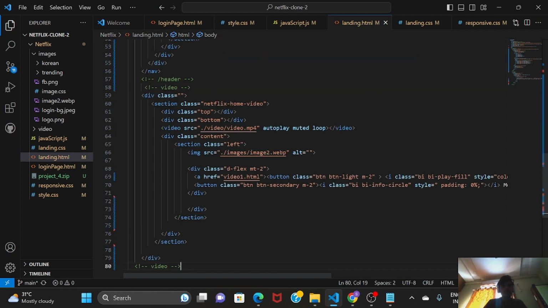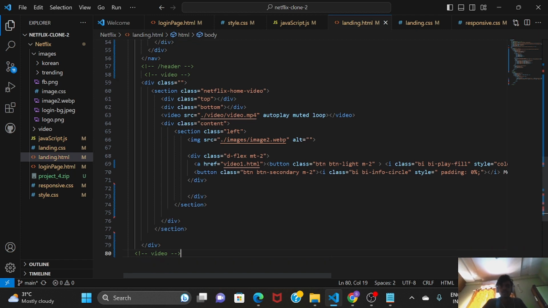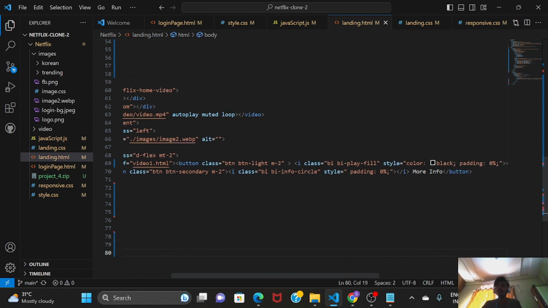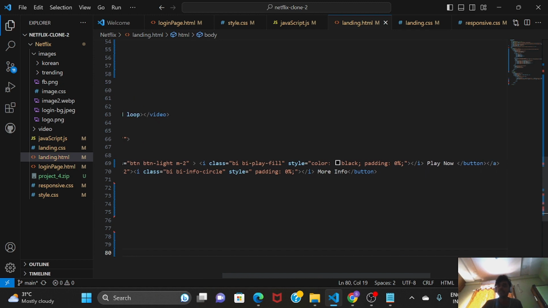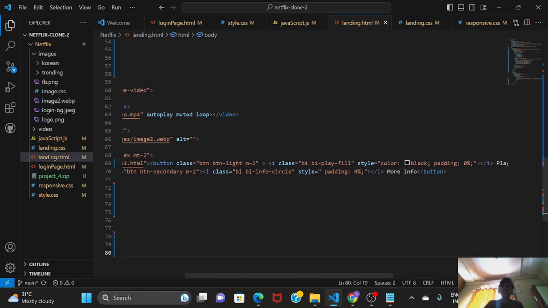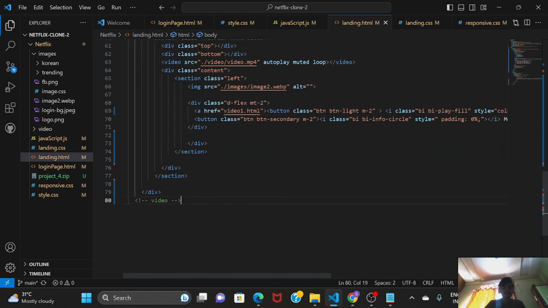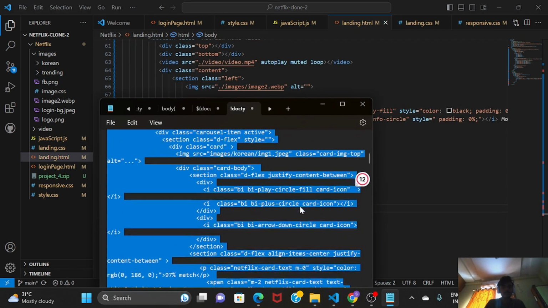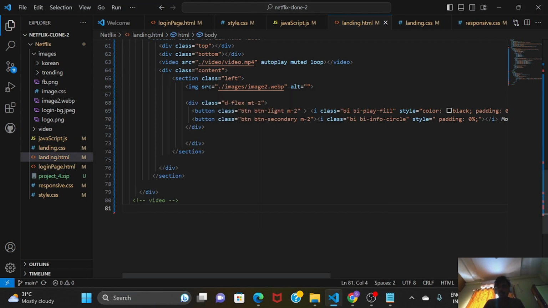So this is the opening of the video, where we've assigned a class to the div section tag. Here the section tag contains a Netflix home video and the class top bottom, and the video path video/video.mp4. This is class content-left, images/stu.webp. Here we've taken an anchor tag. In that anchor tag we've assigned icons, and we've taken a few styles, placed inside a button of text-plain. Here is the more info button for the same alignment. So after that, after the video,